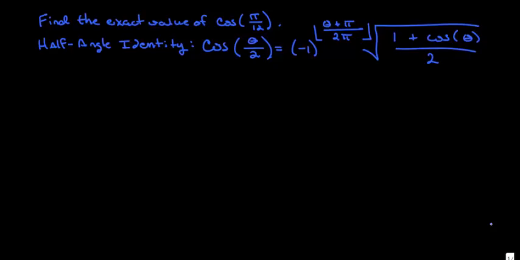So what we want to do is find cosine of pi over 12. Our objective is to find cosine at pi over 12 using the half angle. So what we need to do is think about what angle you would divide by 2 to get pi over 12. One way that you can do this is you can say, okay, to get theta,